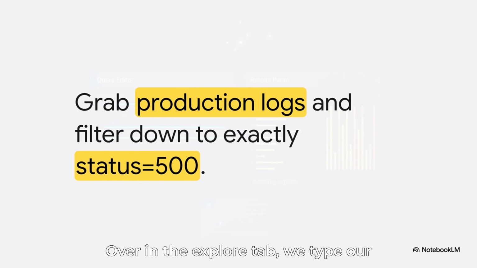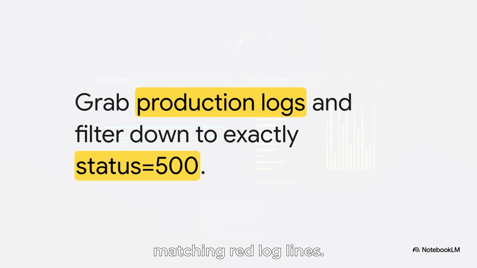Over in the Explore tab, we type our stream selector and a literal line filter. This instantly brings up matching red log lines. We've basically grabbed all production logs and filtered them down to just the ones containing the exact string status equals 500. Now it's fast, and we're definitely looking at the errors, but we need the bigger picture to find the